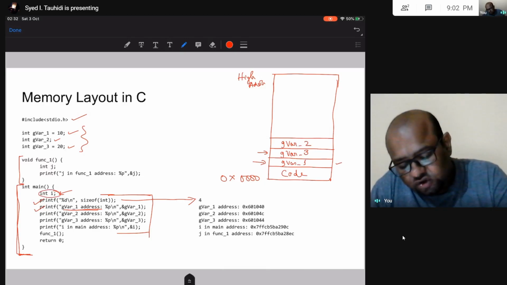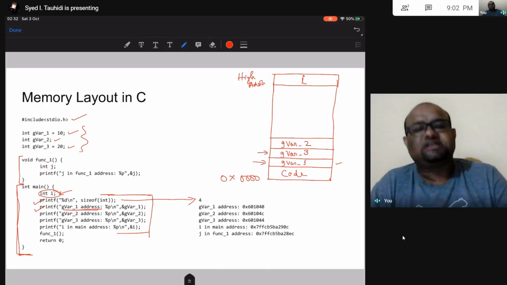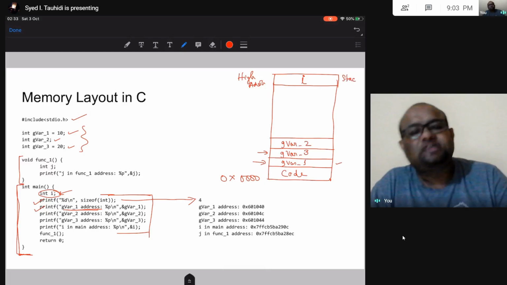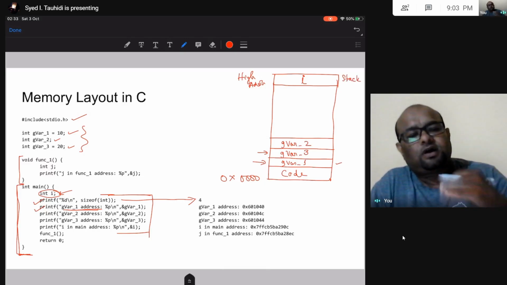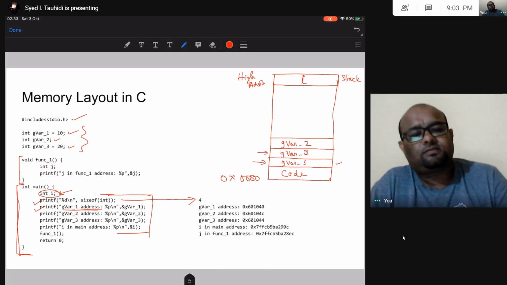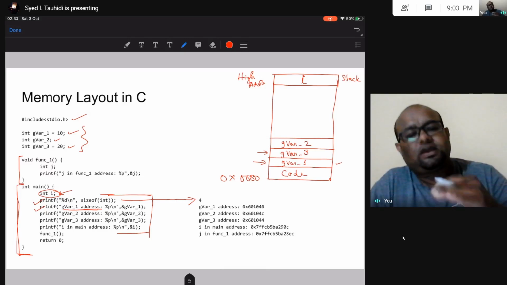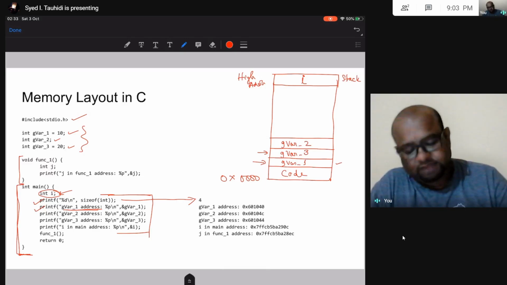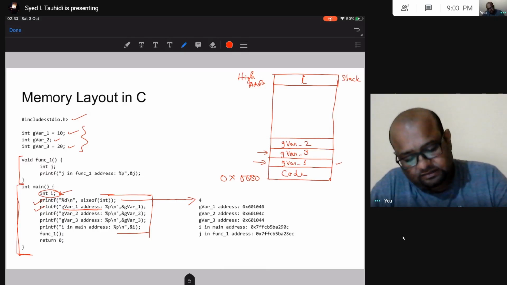So I is going to be allocated this high address, okay, this is the stack, and these local variables of my functions are going to be allocated memory on the stack. Global variables and static variables will be allocated memory on this data segment, okay. This is data segment, okay, this is code segment.